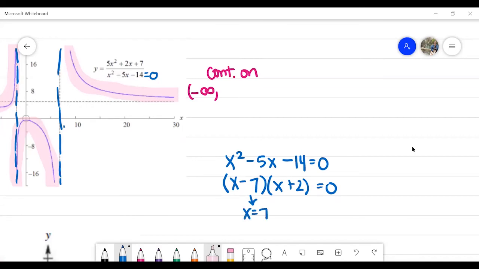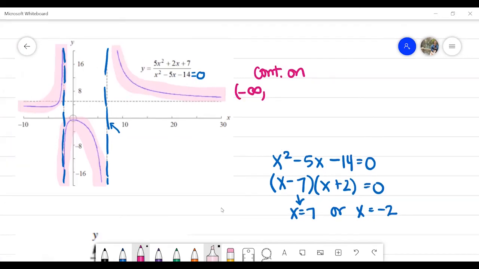That actually looks about right over here. And then x is negative 2, which seems about right for that other value that we have. So I would agree that this could be x is equal to 7, and this could be x is equal to